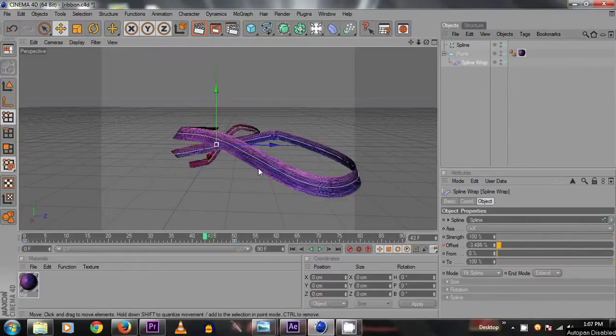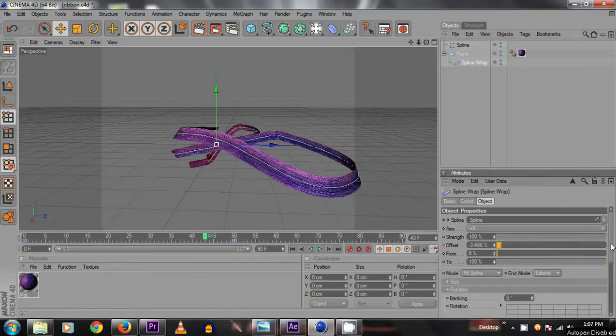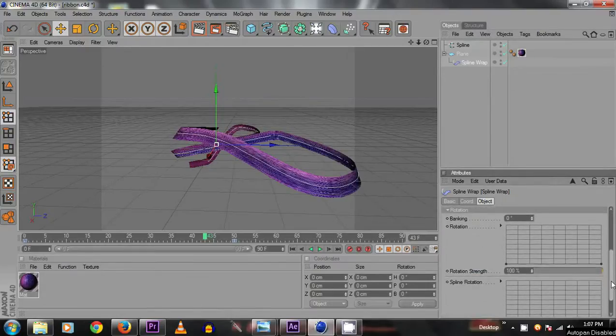We can rotate the ribbon in any axis by the rotation tab. It is called banking.